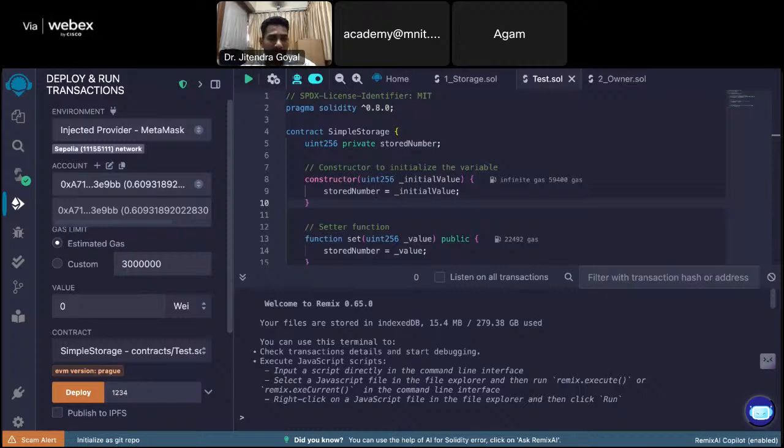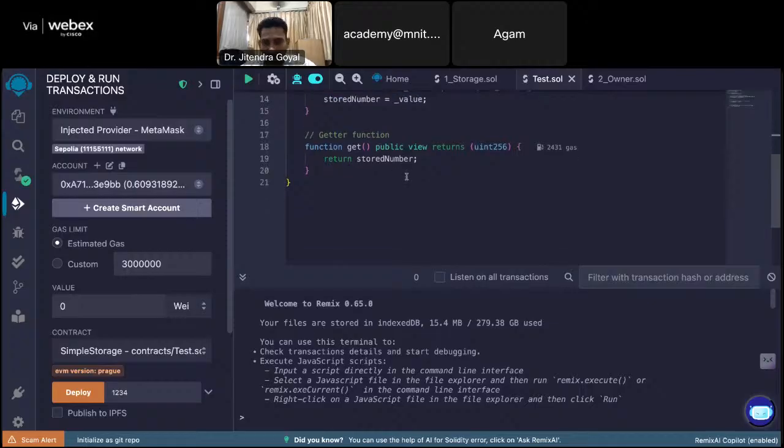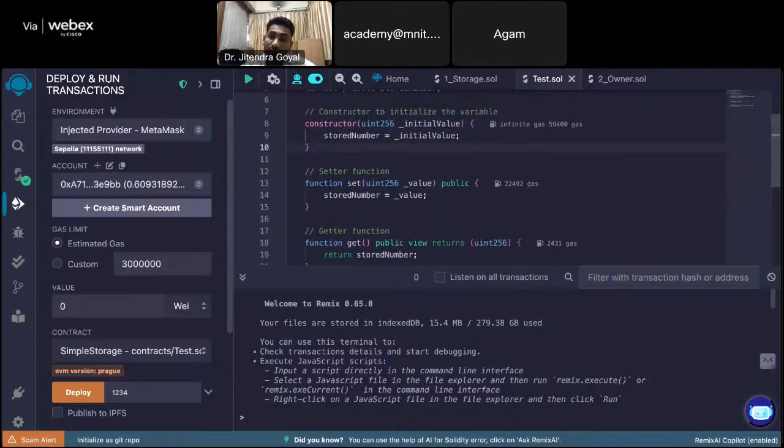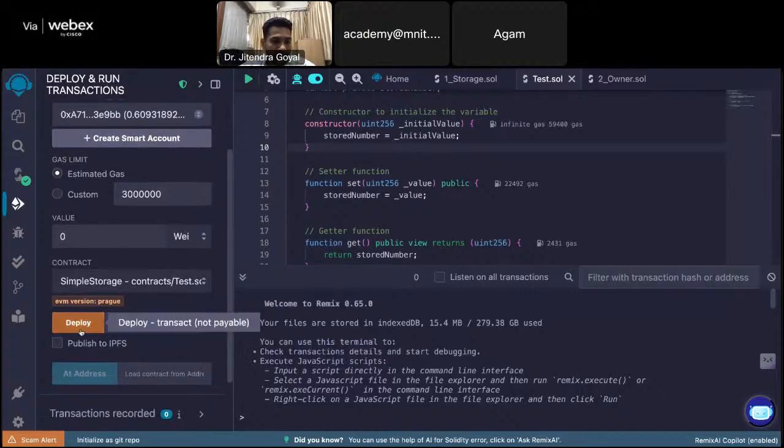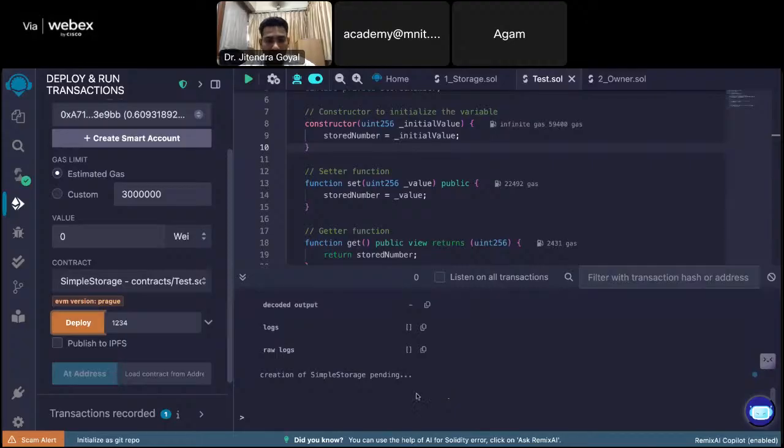Now I am trying to deploy this smart contract to the public test network. When I deploy this smart contract with the value 1234 and click deploy,